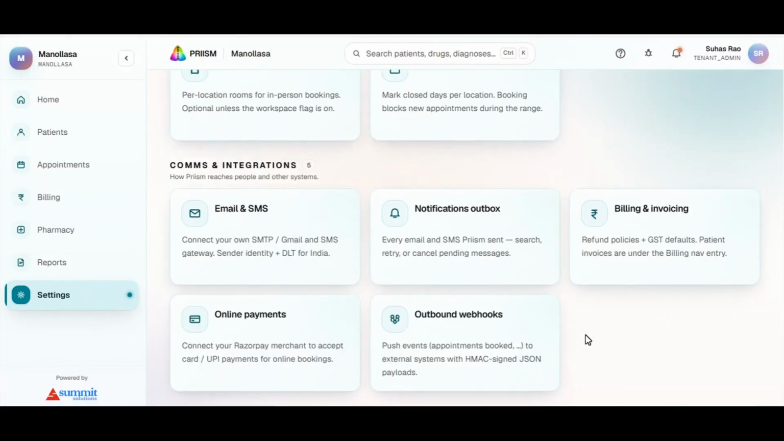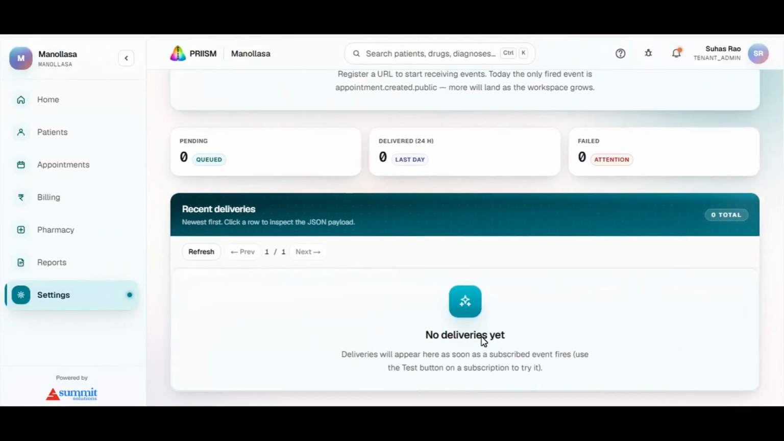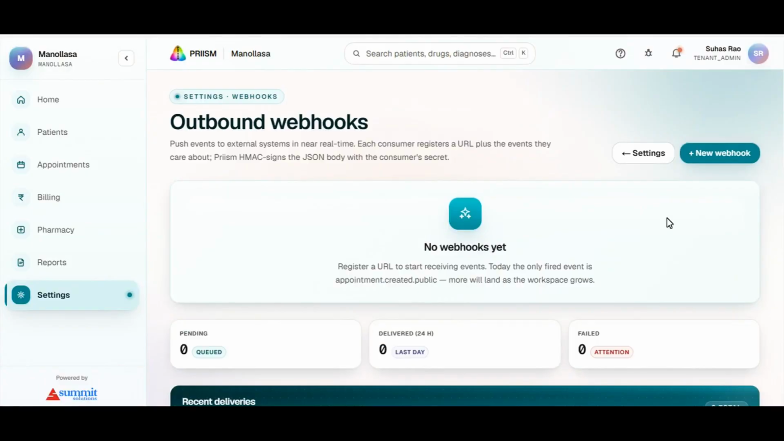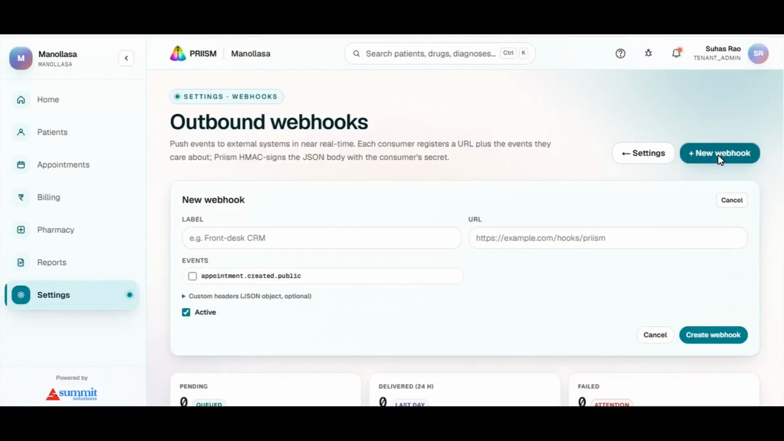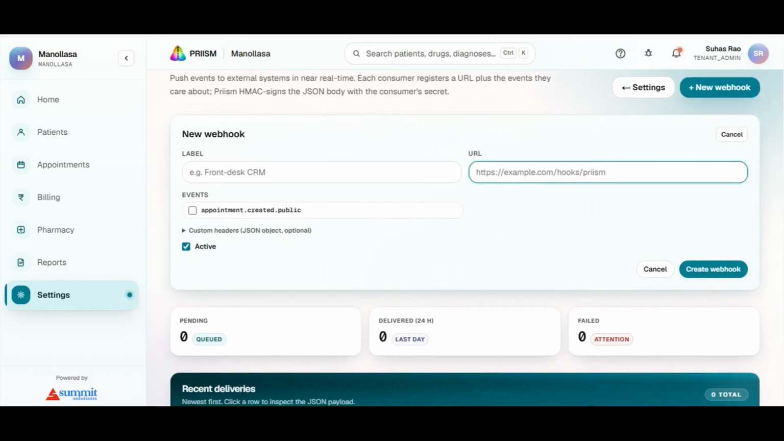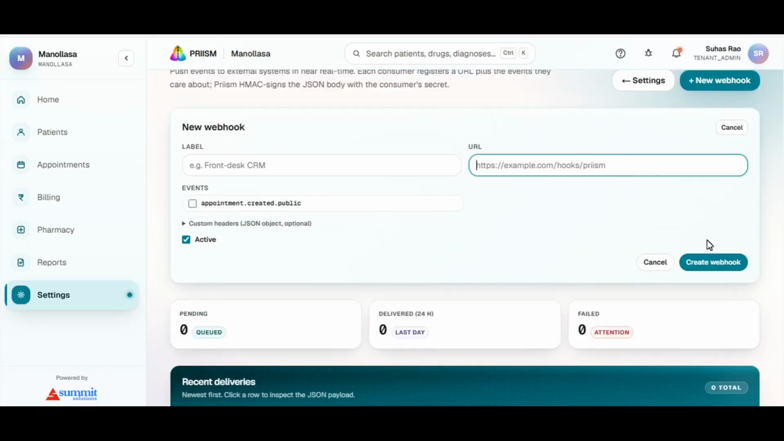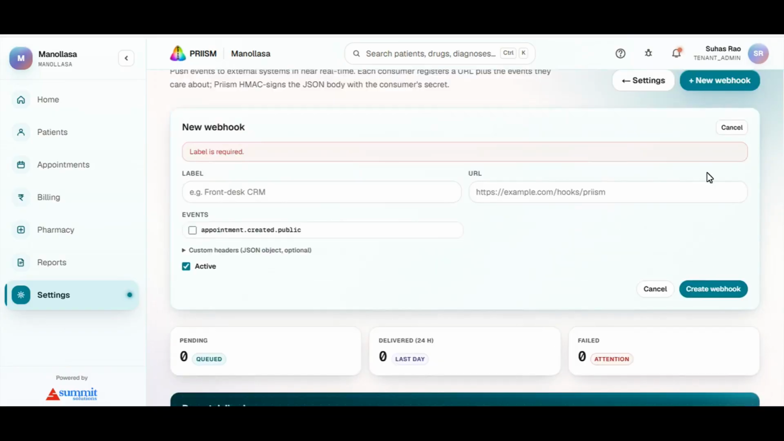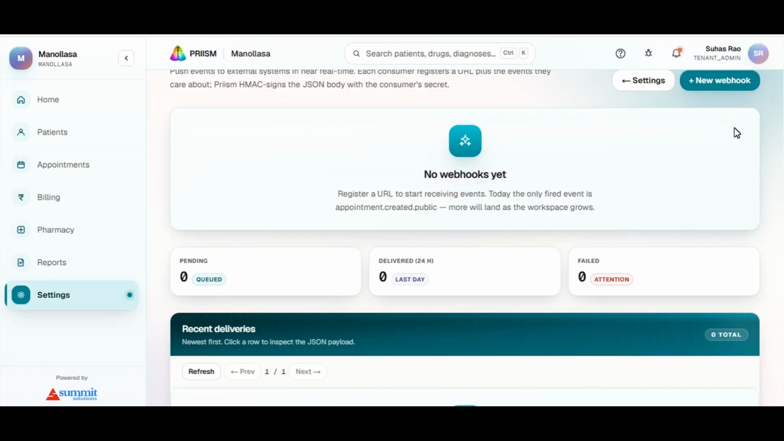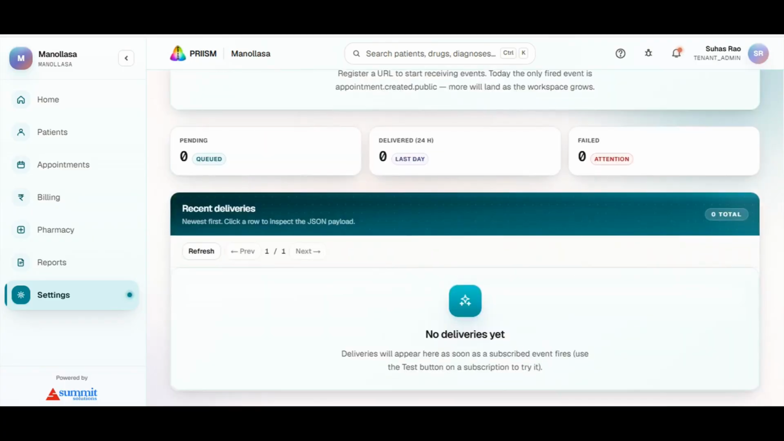Outbound webhooks push events to external systems in near real time, each signed with the consumer secret. Adding one registers a label, a URL, the events it wants, optional custom headers, and an active state. The page shows delivery counts and recent deliveries, each of which can be opened to inspect its payload. Returning to the Settings hub,